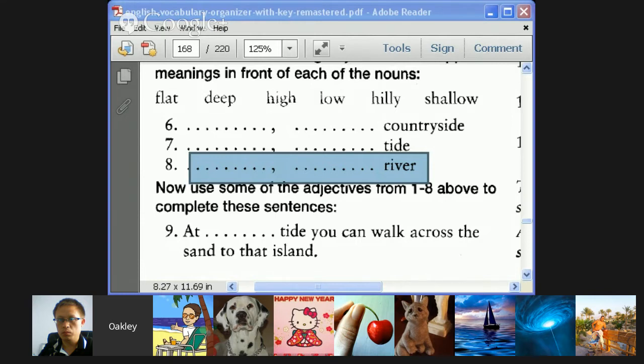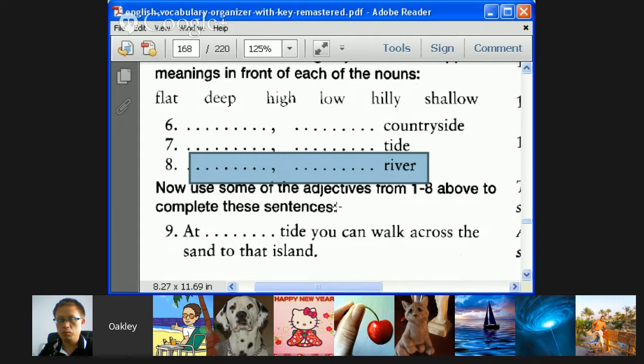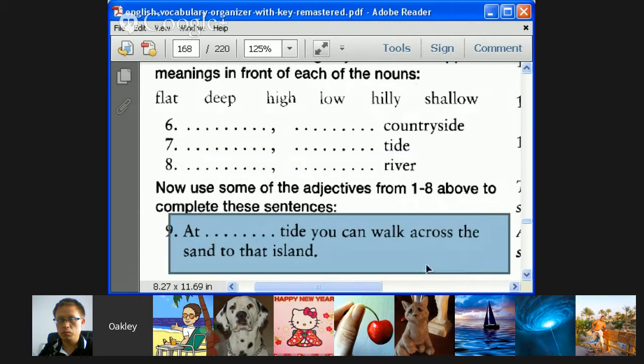Okay, we're going to now use some of these adjectives to fill in the blank. Make sure we know what we're talking about here. Heidi, first just read the sentence and put in an appropriate adjective. At low tide, we can walk across the sand to that island. Okay. Heidi, have you ever experienced a place in the ocean where at low tide you can walk way, way